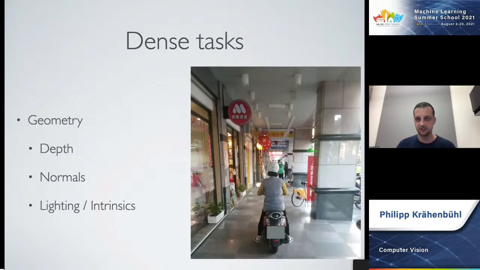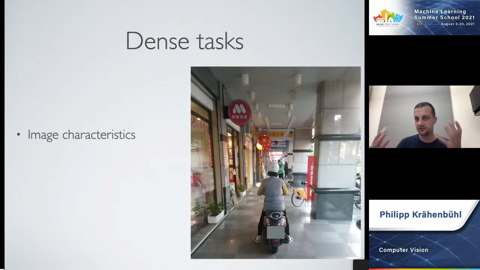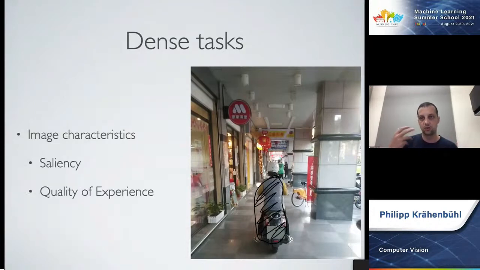Then the next set of tasks is more about visual or image characteristics, which is what the prominent parts of an image are. You can have a heat map that just tells you, if you had to look at one thing in the image, what would you look at first? That is image saliency. Then you can extend this to not just the one prominent thing, but to everything: what are the things that are nice and pleasant for you to look at, and what are the things that are off-putting?